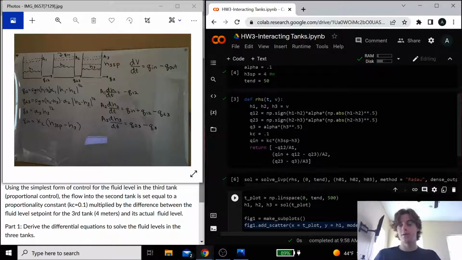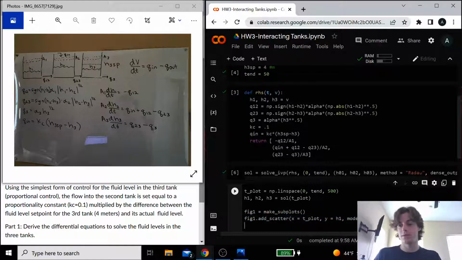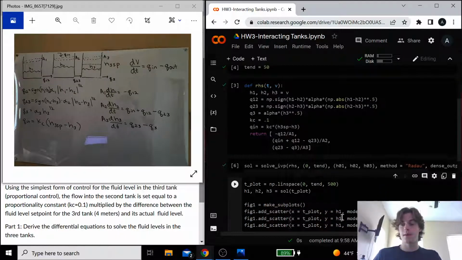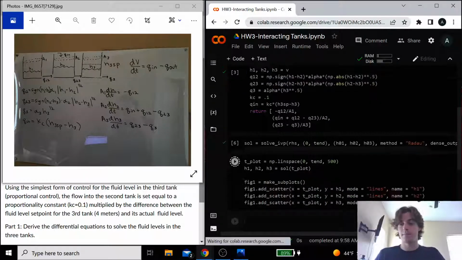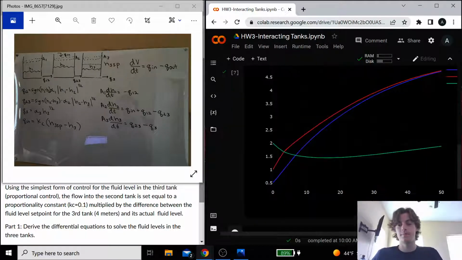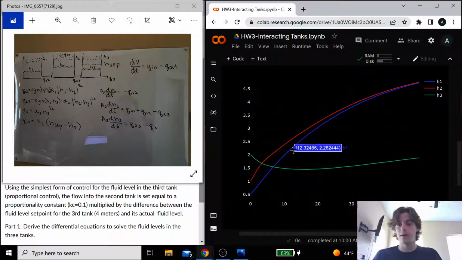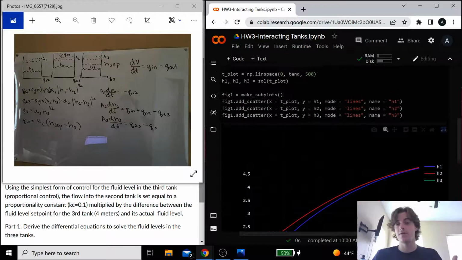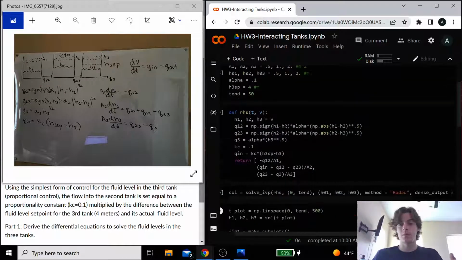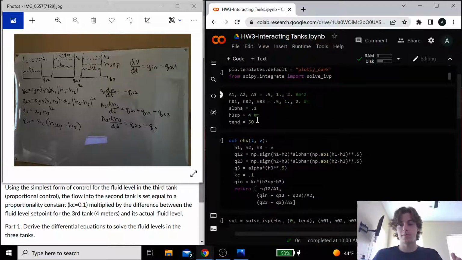And so I'm going to use this, and we'll copy and paste it twice, and we'll use it to graph the height of tank 2 and the height of tank 3. So now I'm going to run it and see how it looks. Pretty good, right? So down here we have tank 3, this blue line is tank 1, and this red line is tank 2. So we haven't quite reached steady state,